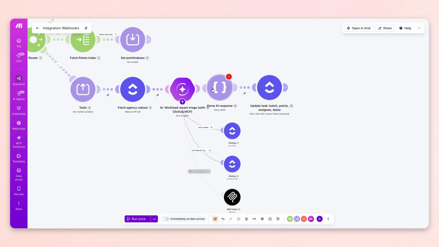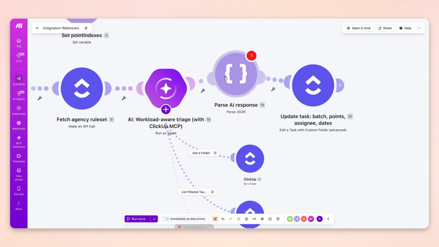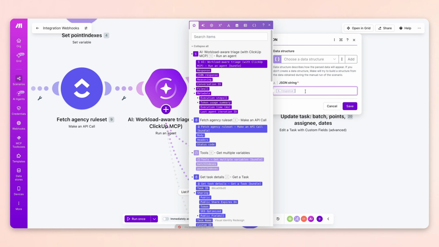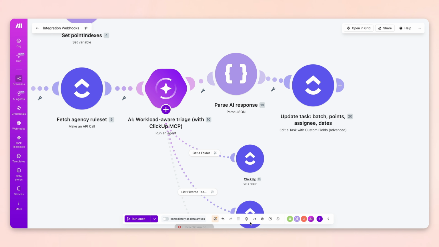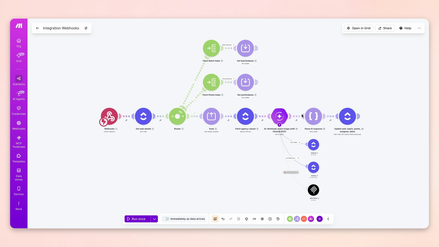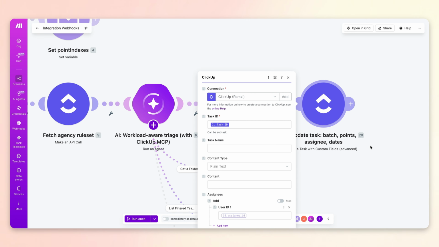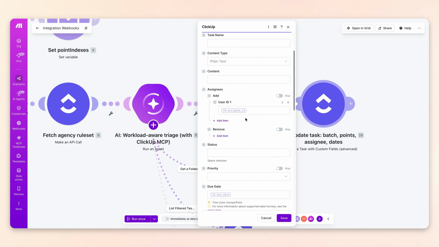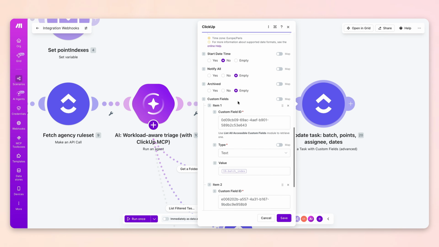So I've added another module that lets me get the response of the AI and turn it into a JSON. JSON is a format that lets the API call, the request we send to ClickUp, be structured the way we want. So AI is giving us the response, we're making it IT ready, let's say, and then ClickUp is receiving it, and we're filling in what the AI gives us as the assignee, the due date, the start date, index,